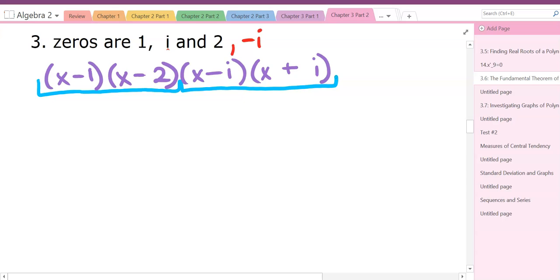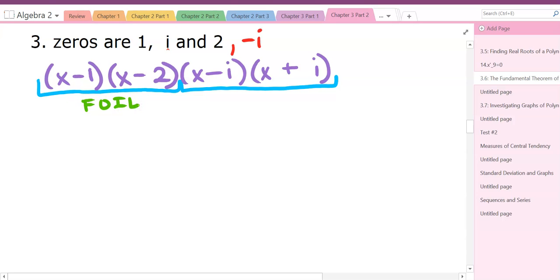Look at the imaginary ones though real quick. After I rewrote it, it now says x minus i, x plus i. It's the same situation as what we saw up above where it said x minus 2, x plus 2. Those middle terms are going to have opposite signs, so they're going to cancel each other out. That's also why I'm putting them together, so that I can get that to happen. So let's just work on the real numbers first. So x minus 1, x minus 2. Let's FOIL this one